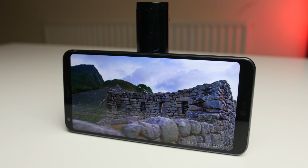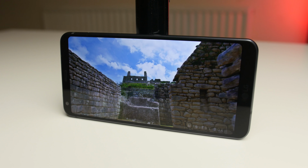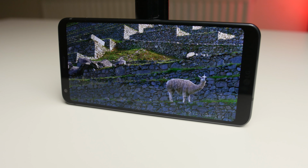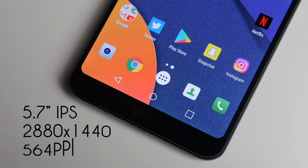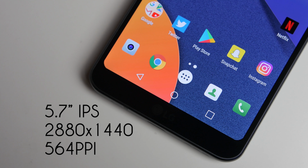Another part of this phone, which is a head turner, is of course the screen. Now this isn't the biggest screen that we've seen in phones, because of course you've got the 5.8 inch Samsungs and 6.2 inch Samsungs, as well as the 6 inch OnePlus 5T and Pixel XL2, but it's got a 5.7 inch big, beautiful 2880 by 1440 IPS screen with some rounded corners and an 18:9 form factor